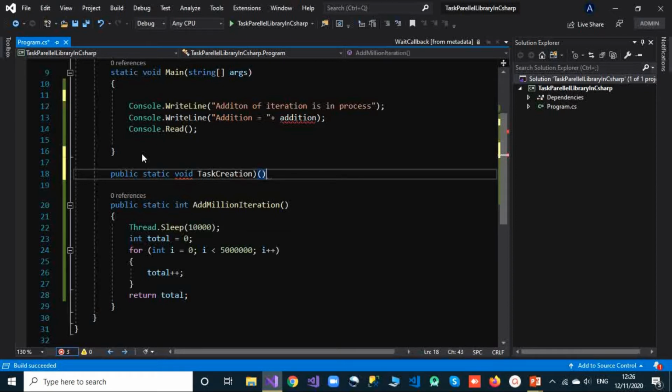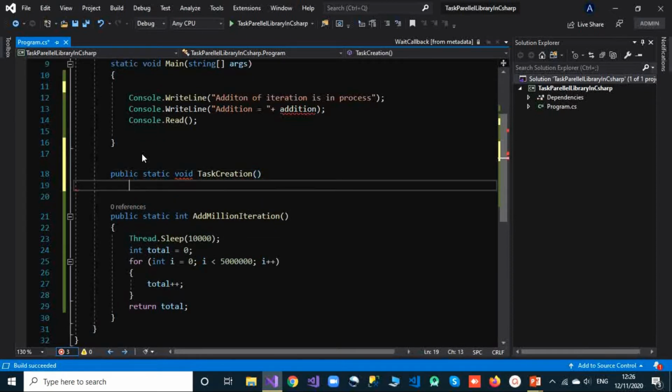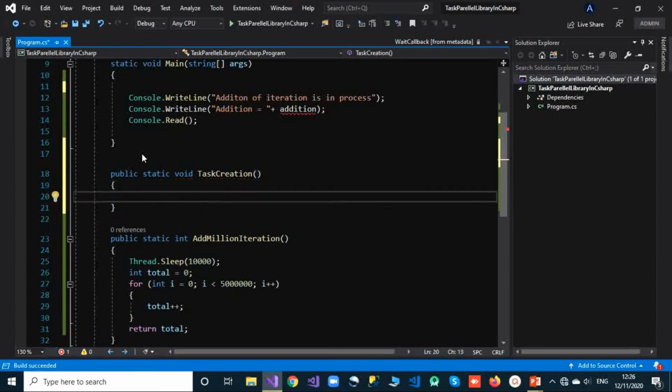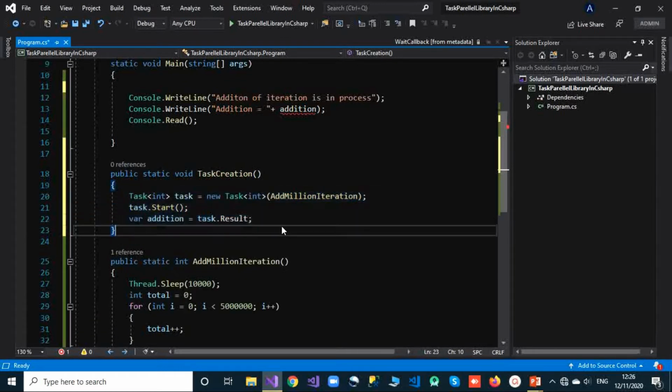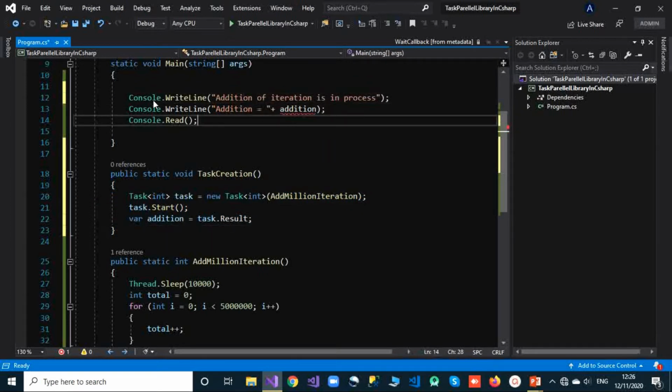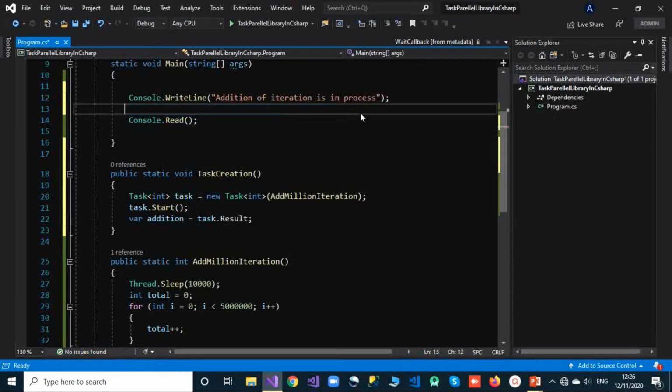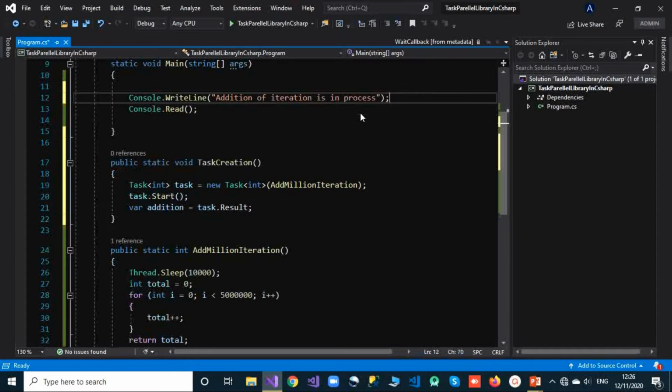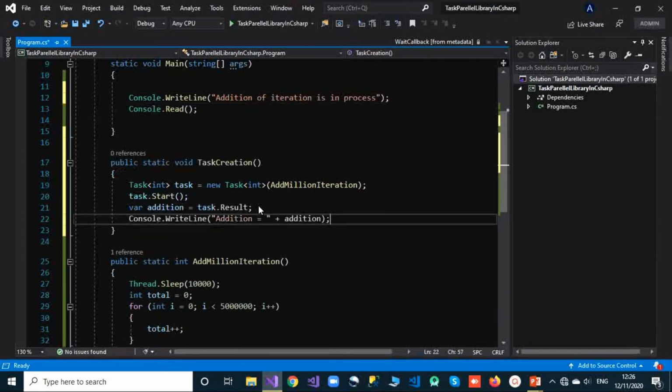Okay, so TaskCreation, and inside that TaskCreation we will use this task like this. And also I want to make one change here. Okay, and I want to take this console from here, and I want to show that here itself.